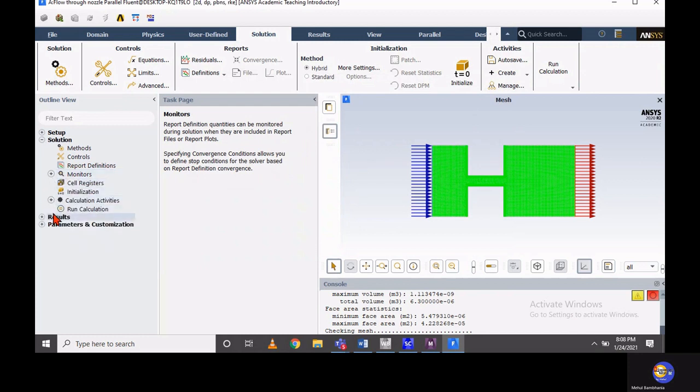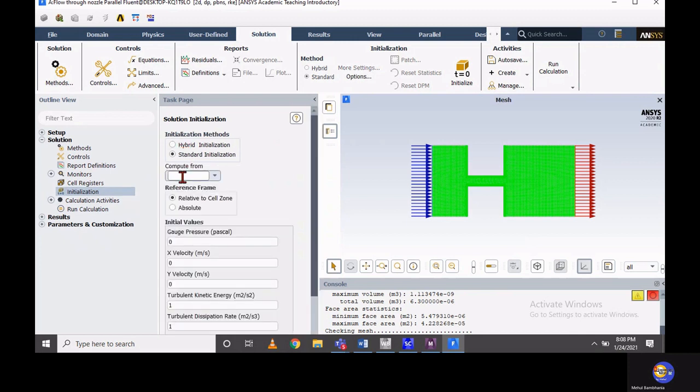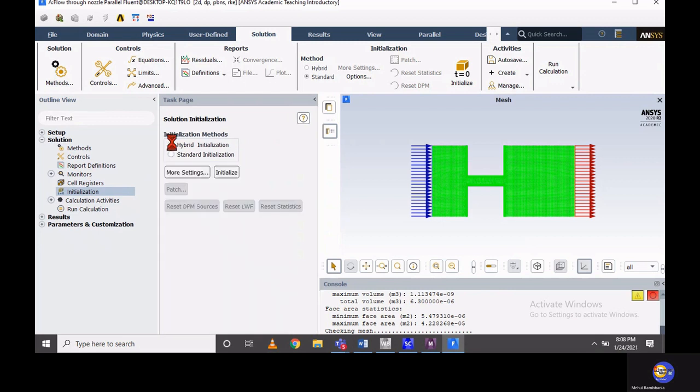Once you decide that residual, you can start your calculation by initializing your solution. There are two approaches. You can initialize with any of the inlet or outlet information, that is standard initialization. If you are not aware of that initialization information, simply use hybrid initialization. It will calculate 10 iterations and then you start the calculations.